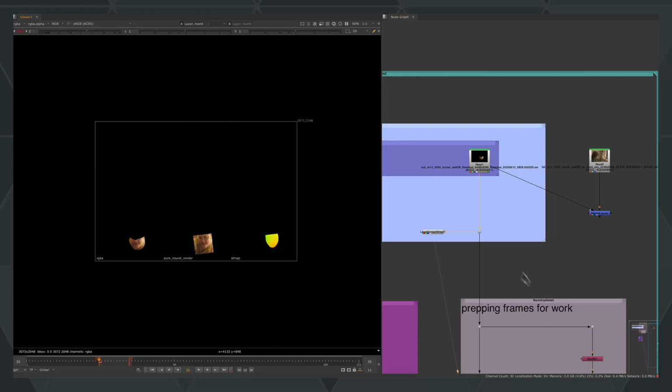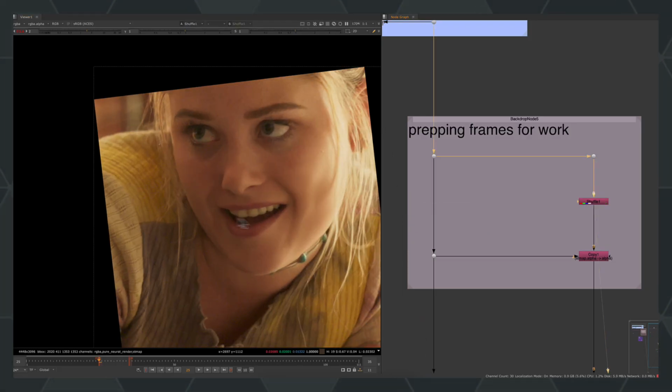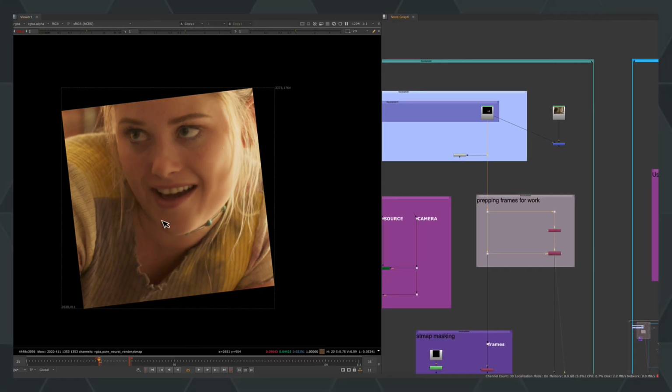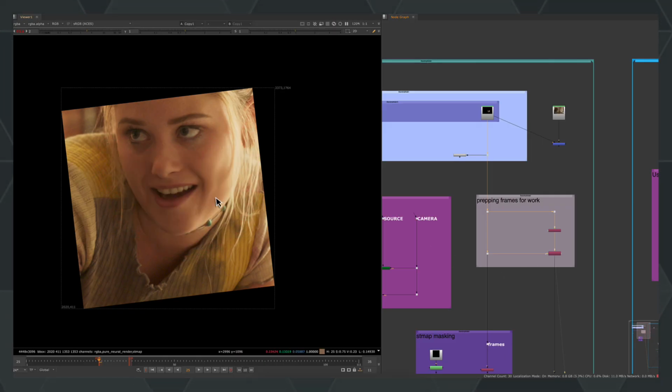So to prep this for work, there's a few little steps that you'd want to do. First one is to shuffle out that Pure Neural Render into your RGBA channel. And then we can bring the alpha over from the ST map. And that will give us a nice soft mask that we can then use again to merge back over our plate. So it's dispensed that jagged mask that we can see in that original beauty. And now we've got a much more sensible mask that we could use for our work.